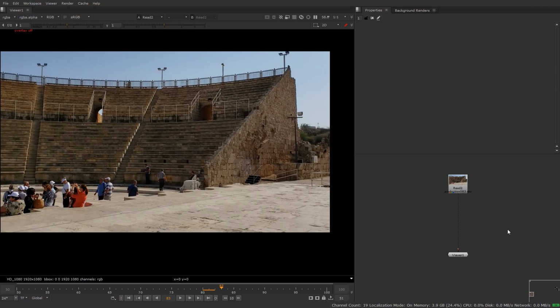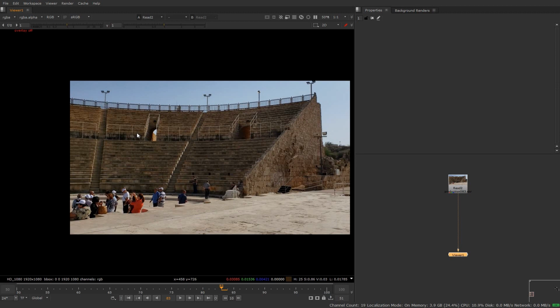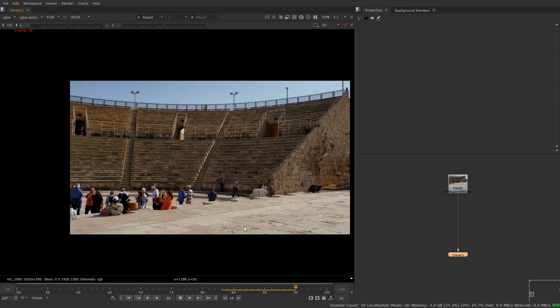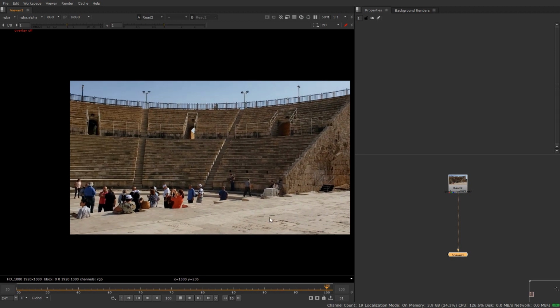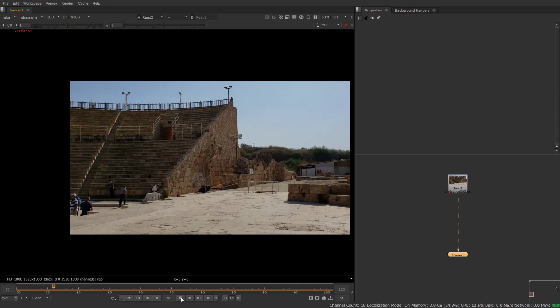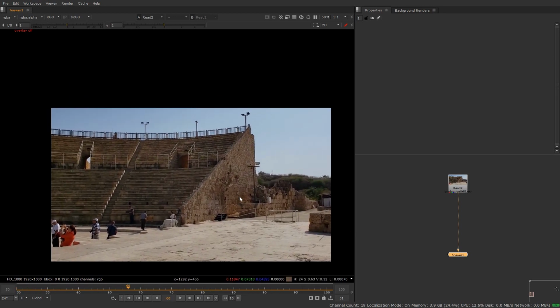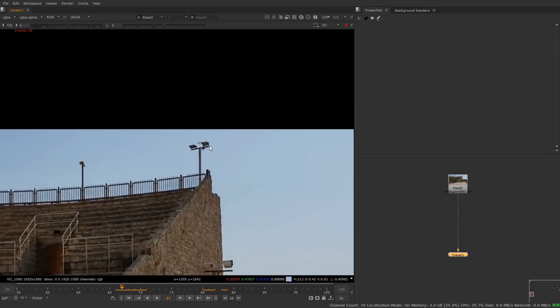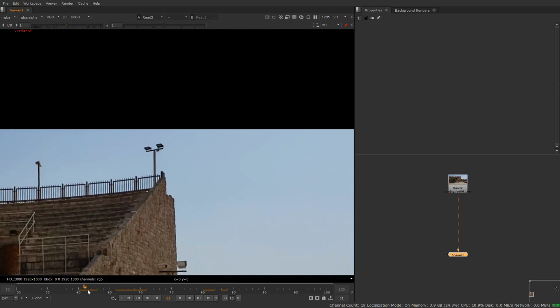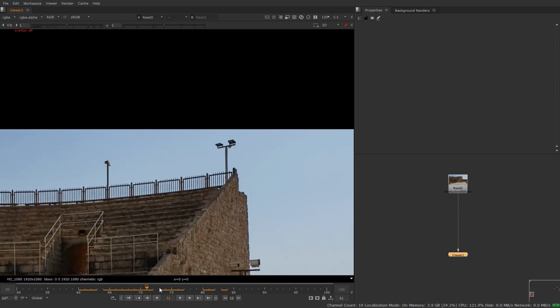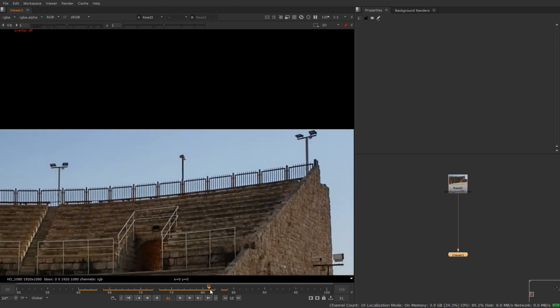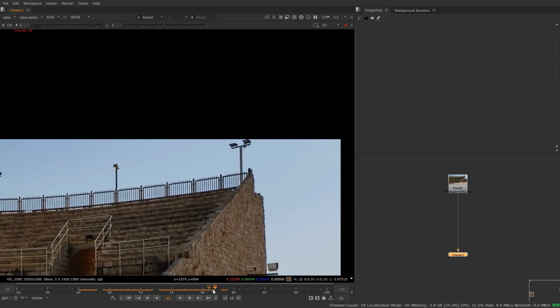Alright guys, I am in my comp right now. Here you can see our footage. If I play the footage, you can see this is a simple panning shot. Let's suppose your task is to remove these lights over here. So what you will do basically is create a clean plate and attach that with the tracking information. So how to get that tracking information? You use the tracker node simply. If I go through the footage here, you can see after frame number 82, it's going outside the frame.